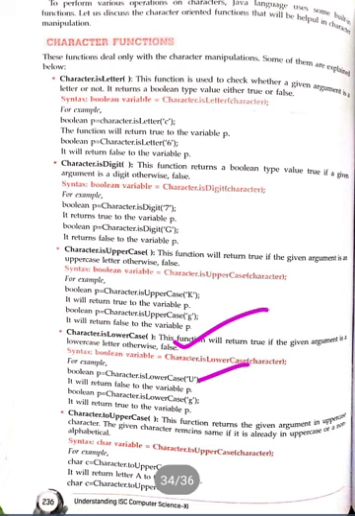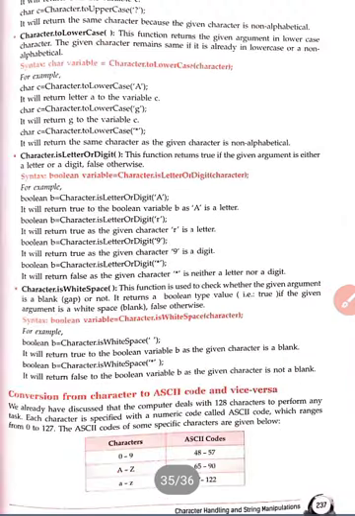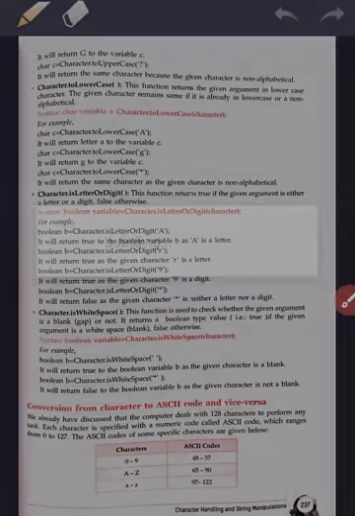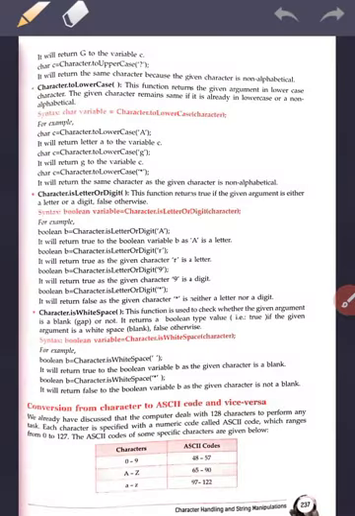Next is Character.toUpperCase. It will change the given character into a capital letter. Any value given in the parenthesis will be changed into uppercase, and if it is a special character like a question mark, it will remain the same, because the given character is non-alphabetical.